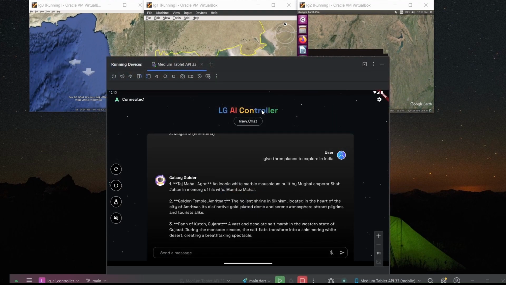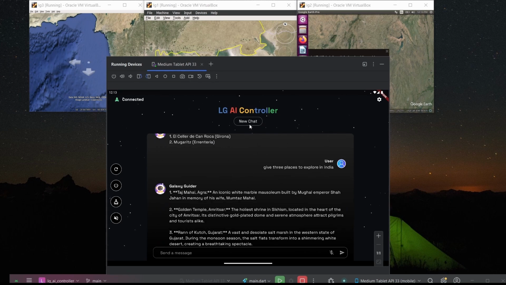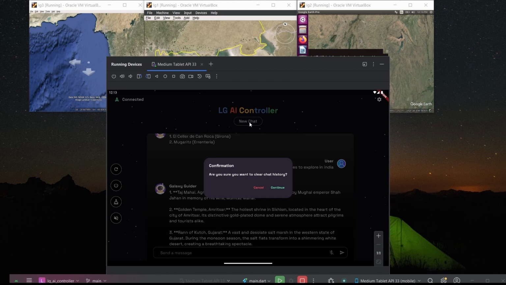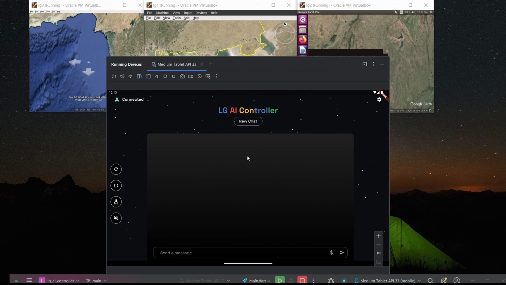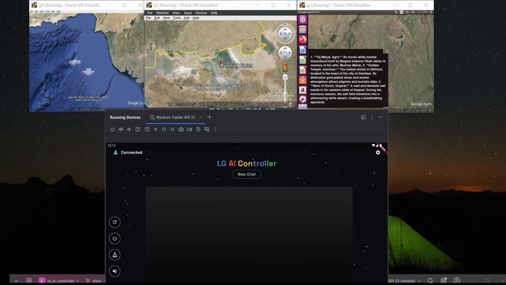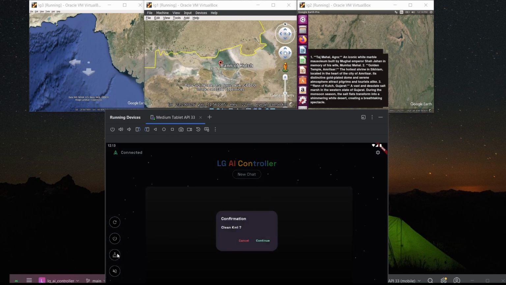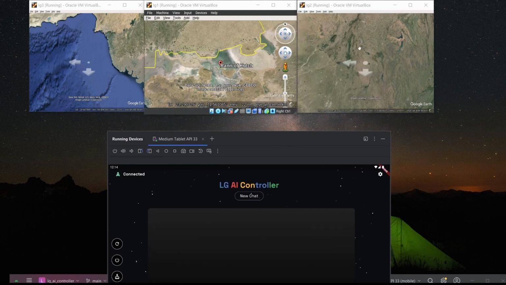Now if we want to clear our conversations with the Gemini API, we can click on new chat and it asks for confirmation, and if you click on continue, it clears the chat. And if you want to clean the KML which is present on the rigs, you can click on clean KML here. It also asks for confirmation, and if you click on continue, it cleans the KMLs which are present on the rigs.